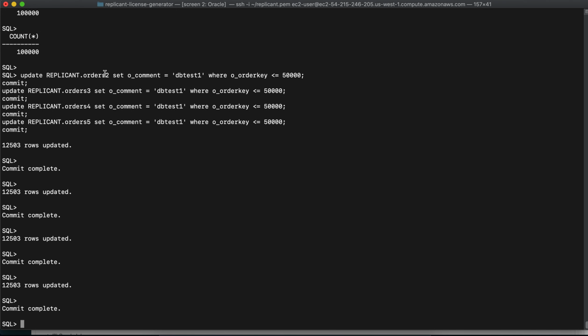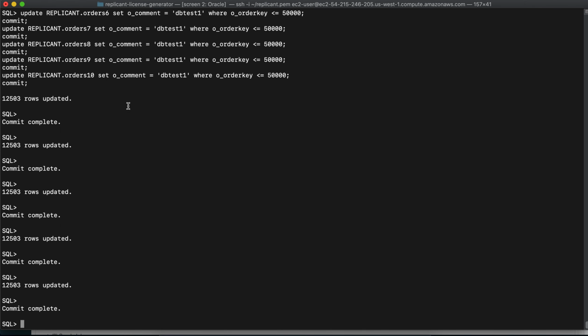You can see I've updated tables 2, 3, 4, 5, each table having 12,503 updates. I've updated the O comment column, and I will do some more updates on the remaining tables 6, 7, 8, 9, 10. So each table has now 12,503 updates.